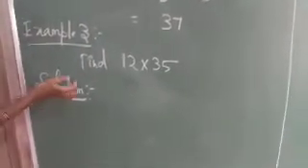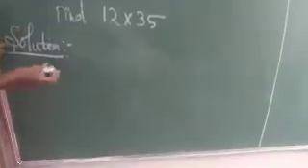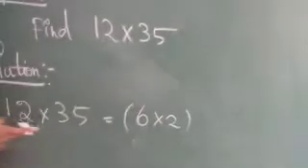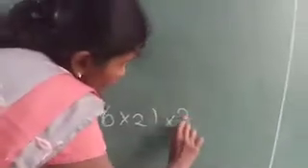So now we are going to find the value of 12 and 35 under multiplication. See here, it is so simple, you already know how to multiply 12 and 35, but how, by using the properties for whole numbers, we see how we solve. First consider the numbers given. What are the numbers given? 12 and 35. See here, 12 can be written as 6 into 2. 4 into 3 also you can write, but here I am considering 12 as 6 into 2, into 35.